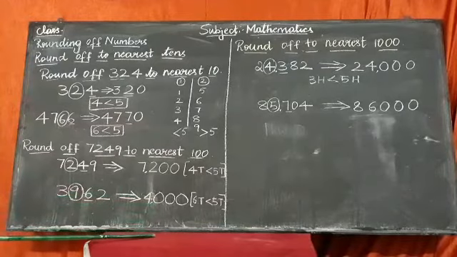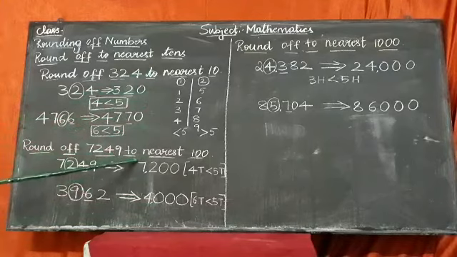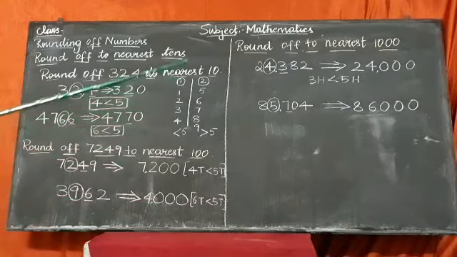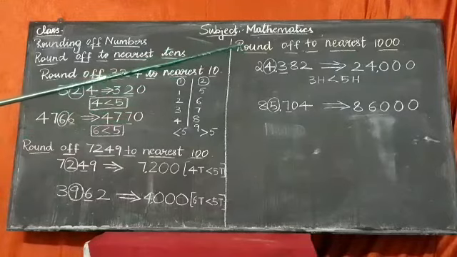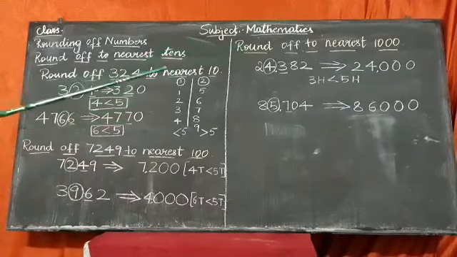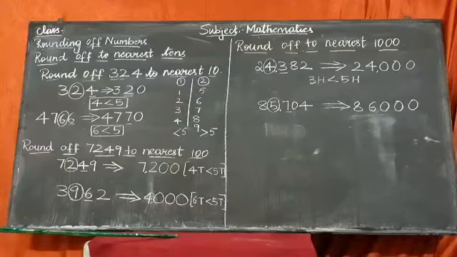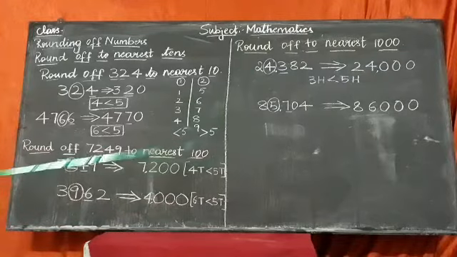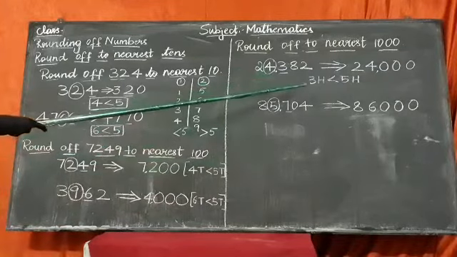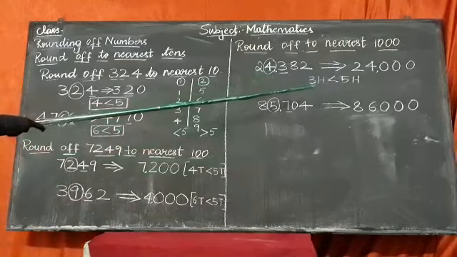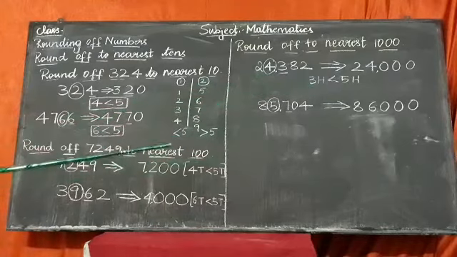Did you get, students, how we rounded off to nearest tens place and hundreds place? Next we will move on to round off to the nearest thousands place. I have taken a 5-digit number there, 24,382. We should round off to thousands place. Consider which place now? Yes, one place before, that is hundreds place. There 300 is lesser than 500.